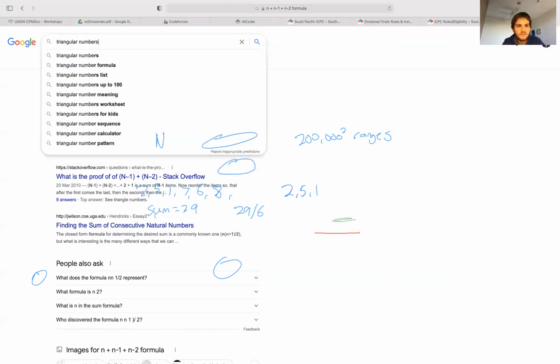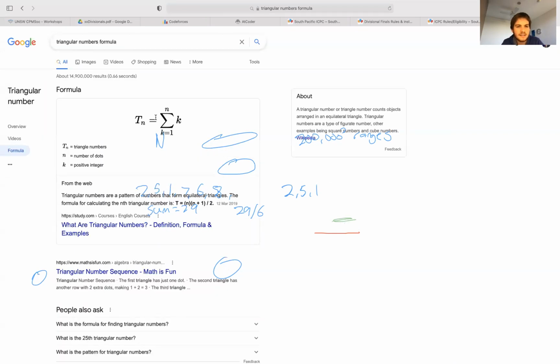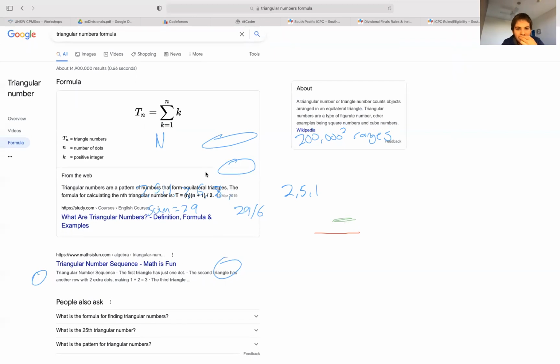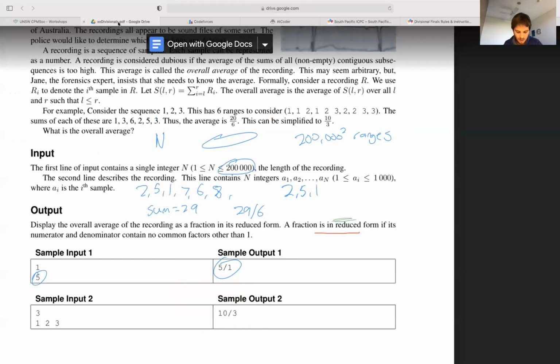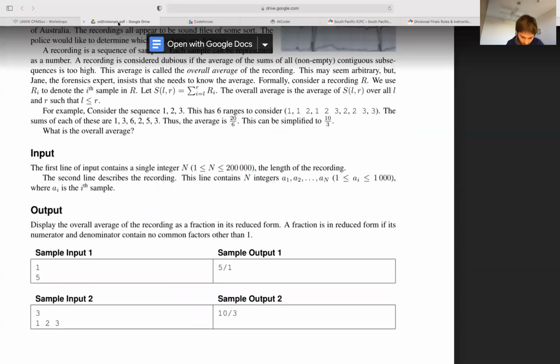Triangular number. You could just Google it. I think Google is not allowed in ICPC, but in training we can use it. You get that formula here. A nice way to derive it, how I would derive this, is to go: